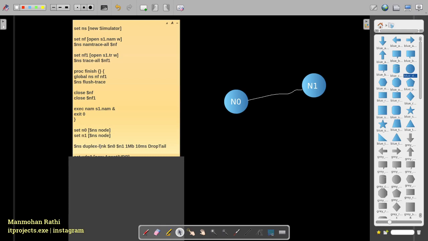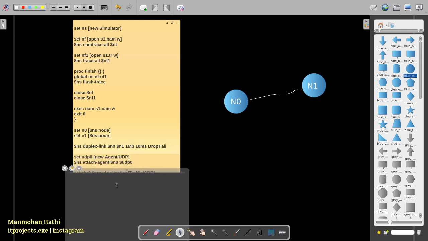You can also create a link, if you want, that only sends data one side. So you need to make sure and declare there which kind of link you want to create. So the one we have created here will be able to send and receive data both sides. It will work both ways. So yeah, this is the next one.